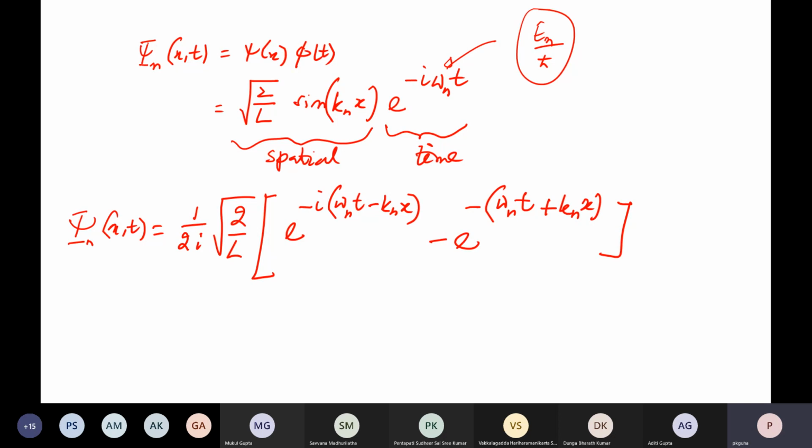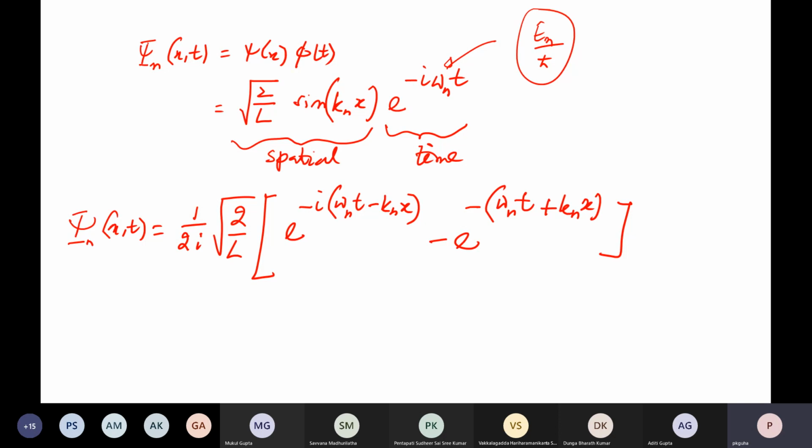So in a nutshell, what I want to briefly say is that energy associated with the particle is quantized in an infinite potential well, and the ground state energy can't be zero, unlike in the classical approach, where the minimum energy can be zero. For each quantum number n equal to 1, 2, 3, 4 and so on, we will have the standing waves, and for very large values of n,